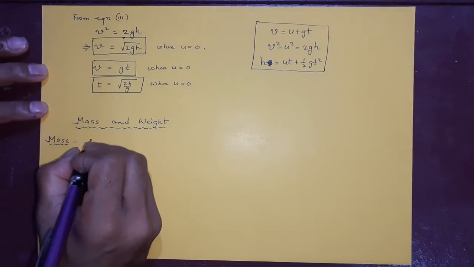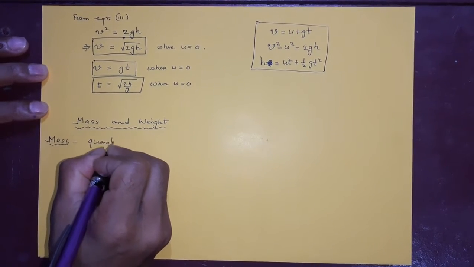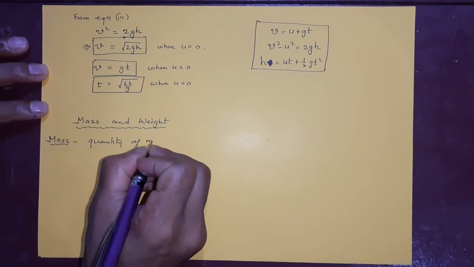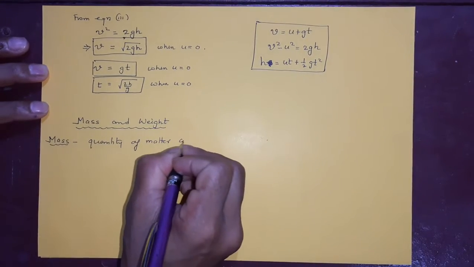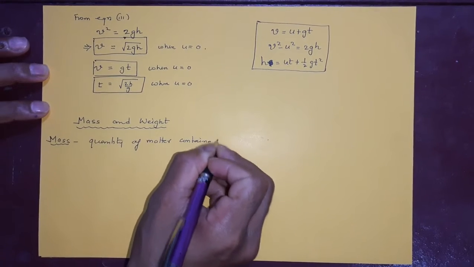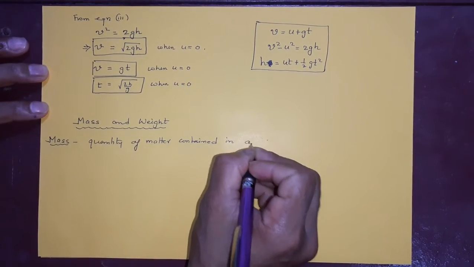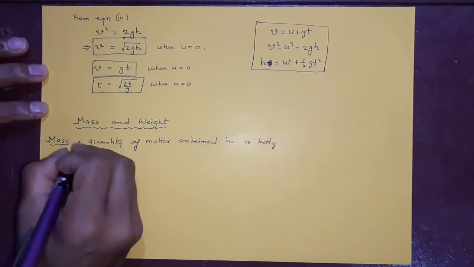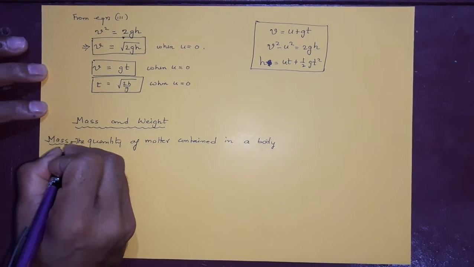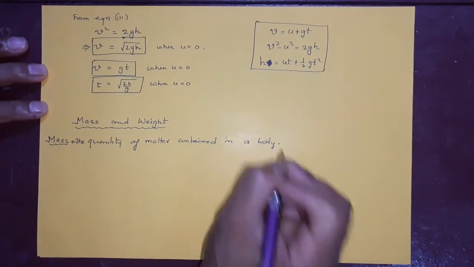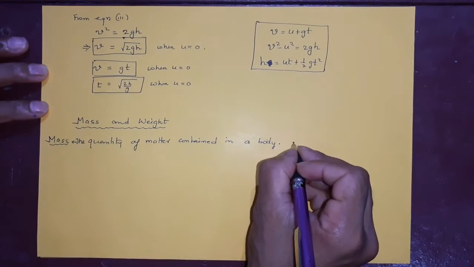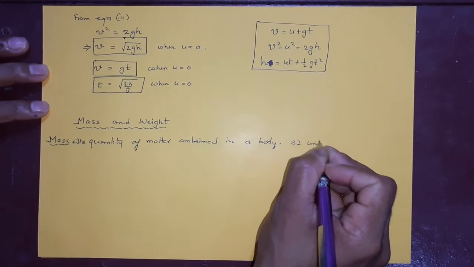What is mass? It is the quantity of matter contained in a body. In a body means in an object. Okay. The quantity of matter contained in a body. SI unit is what? kg,